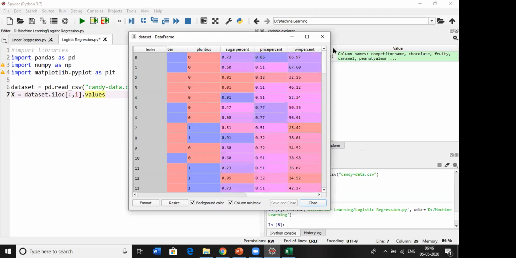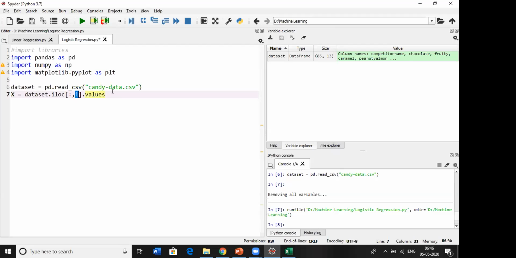Just put 2 here and don't put the last value, it will take all the rows. For the dependent variable we need the first column.